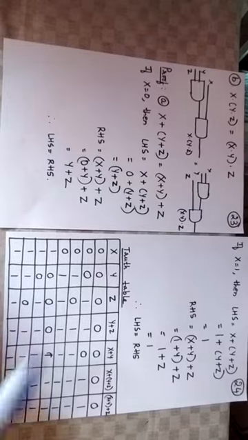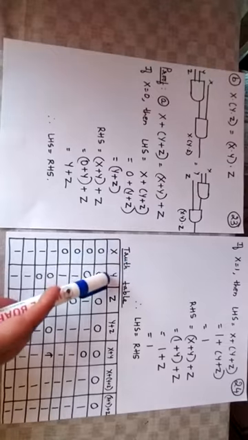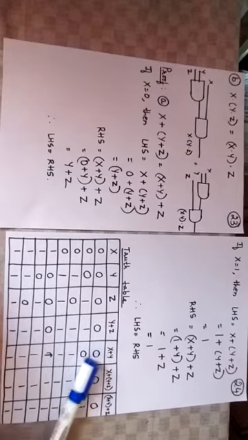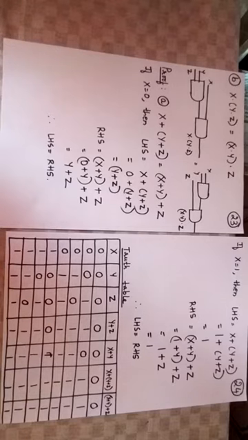Now we have to check with the truth table. Here we have 3 logical variables, so we will take x, y, z. These are the combinations of values. Totally, how many combinations? It takes 8 combinations of values here. Then next we have to place in the truth table the values which are present under parenthesis. So we have y plus z and then we have x plus y. So I am placing y plus z and x plus y. Then I will place the actual left hand side and right hand side values.